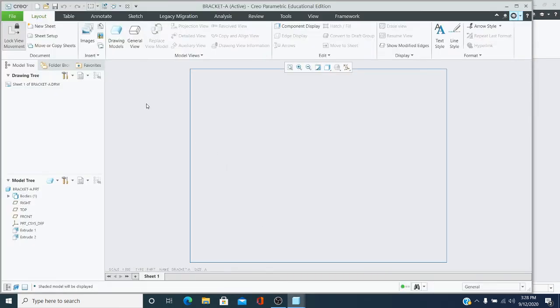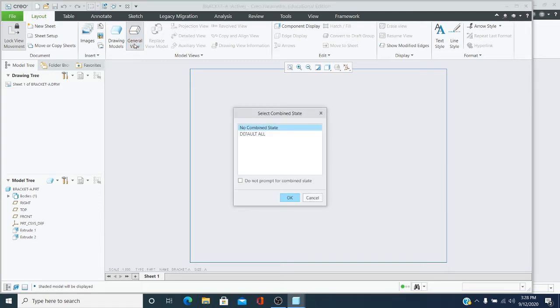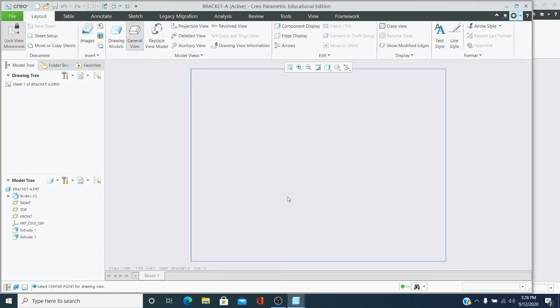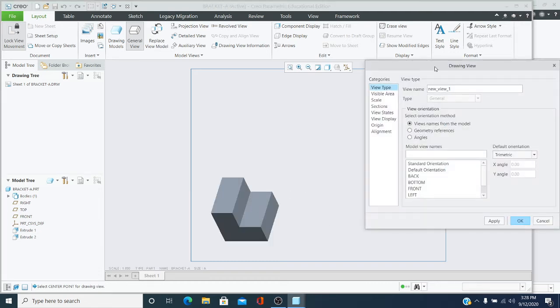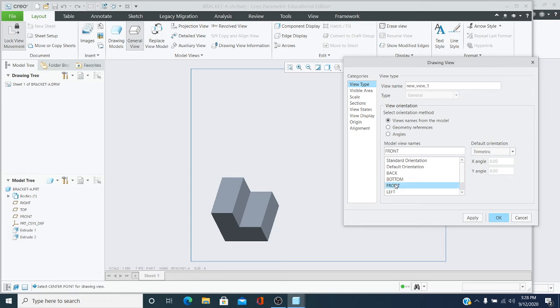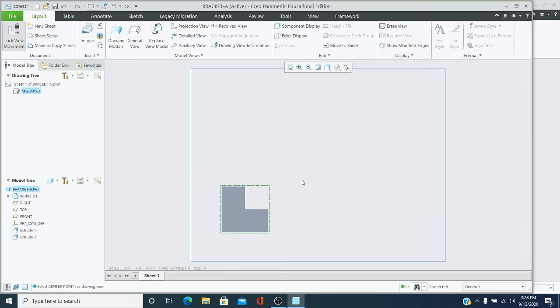Okay. Now we're going to go up here to General View. Click on General View. Select OK. And take your left mouse button and click about right here. This dialog box comes up. Select Front. Select OK. All right. Now we want to project this. Your left mouse button to click inside this area. And come here and select this icon here, which is the projection icon. Click here, come back, left click,